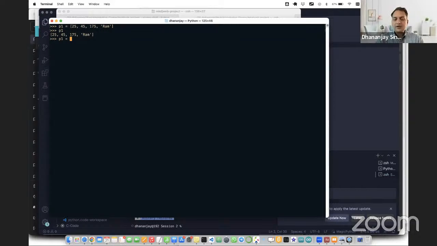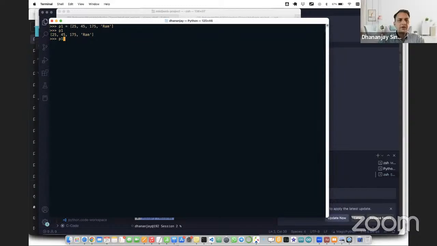And for that, we will create a dictionary. And to create a dictionary, we will use curly brackets, and then we can say, okay, the age of this person is 25, and then weight of the person is 45. So this is how we will do it: age, and then we will assign 25 using colon. So key and value are separated by the colon. Weight is 45, right? And then height is equal to 175. And then we say name is equal to